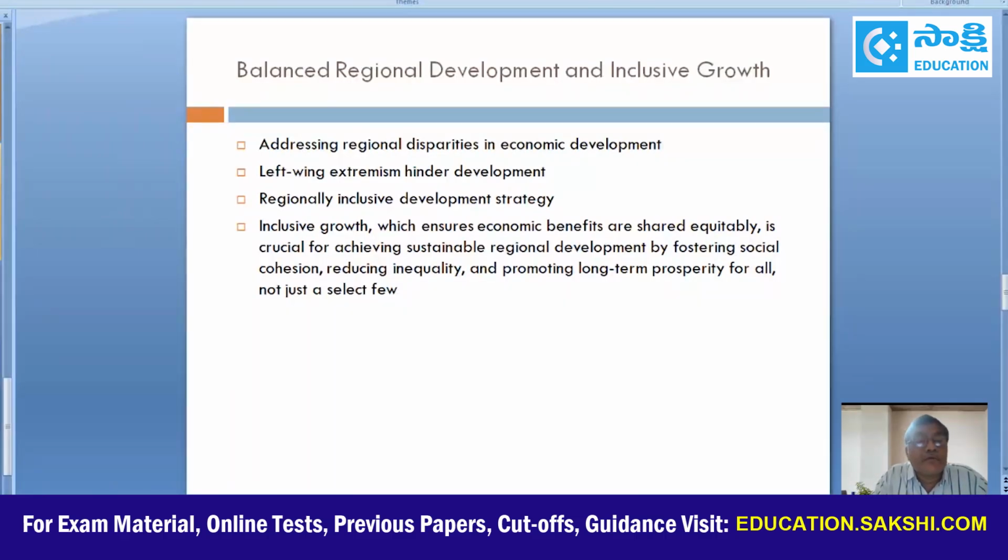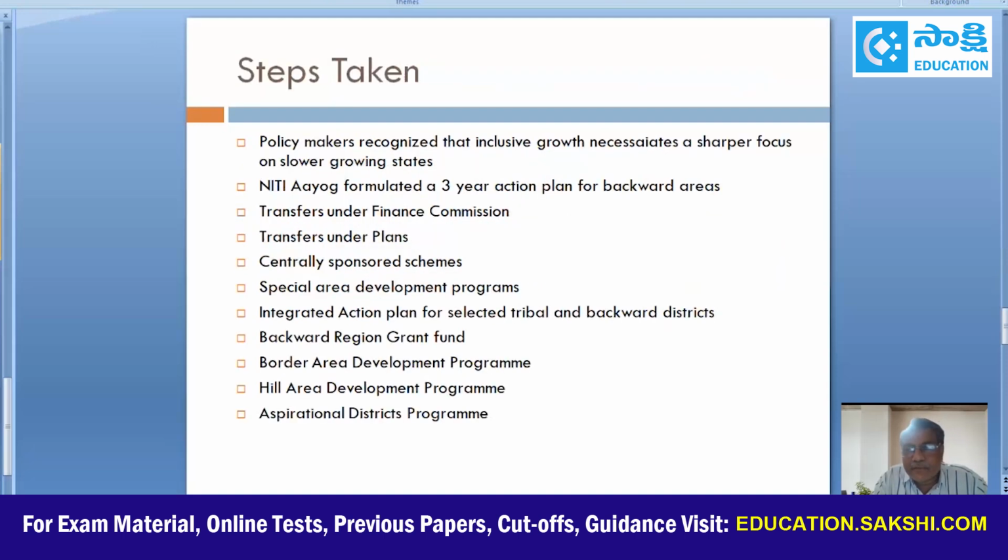So inclusive growth ensures economic benefits that are shared equitably. The rise in national income should not be concentrated in the hands of a few sections of the people. It should reach all people in the society. Thereby, economic equality, that is, income equality, can be achieved. As for the steps taken by the government to address regional imbalances,